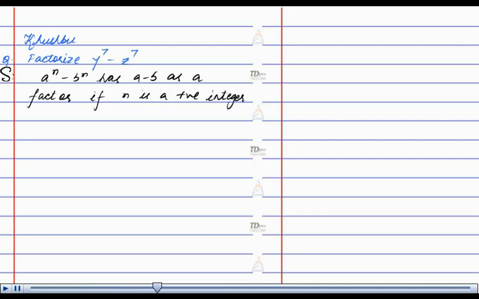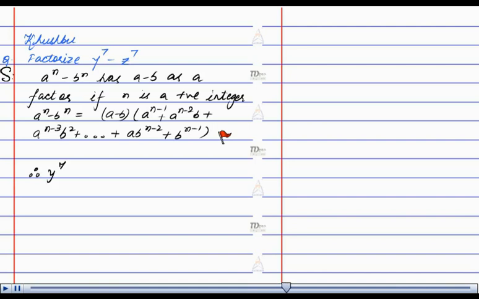This gives a to the power n minus b to the power n as (a minus b) into (a to the power n minus 1 plus a to the power n minus 2 into b plus a to the power n minus 3 into b square, and so on up to a into b to the power n minus 2 plus b to the power n minus 1). Therefore, we have